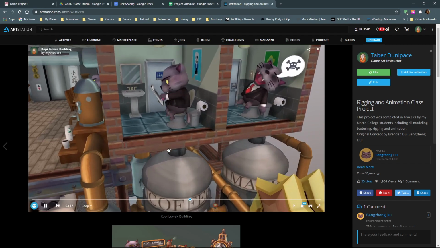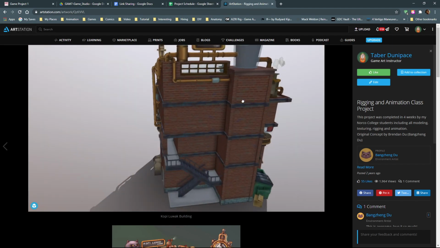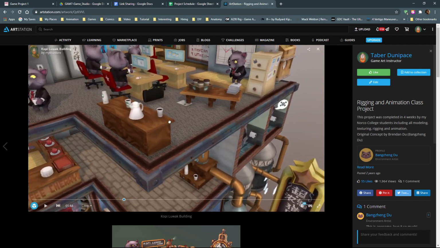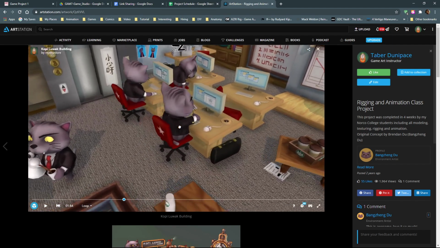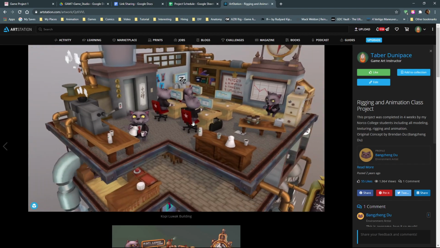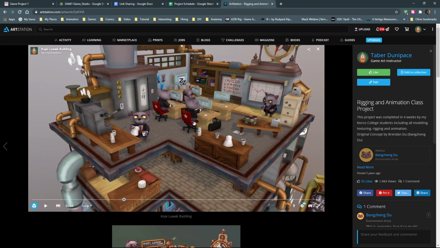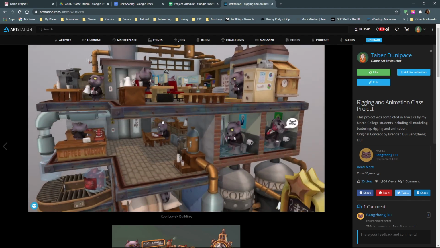But the cool thing about Sketchfab is that even if you have animations, you can pause them, you can scrub them, you can navigate around and look at different aspects of it. That's why it's such a powerful way to showcase 3D work. So it kind of makes it interactive in a way, but no, you don't have to have it fully interactive. You can just give us renders. Don't assume that everybody else has Maya, though. Half the class is programmers and game designers. They're not going to have Maya. You need to render a still if you're going to show off a 3D object and not use Sketchfab. But if you do use Sketchfab, then it's just a browser link.